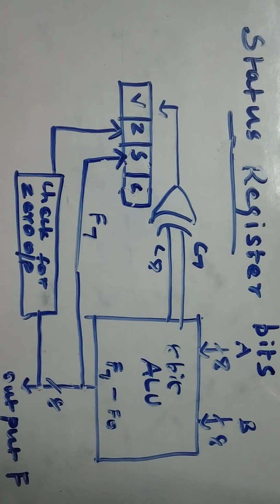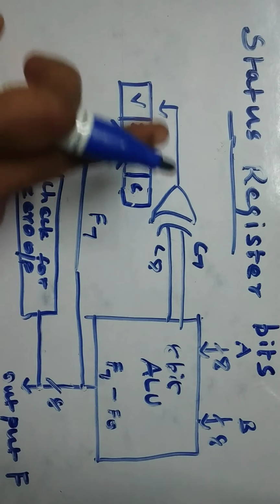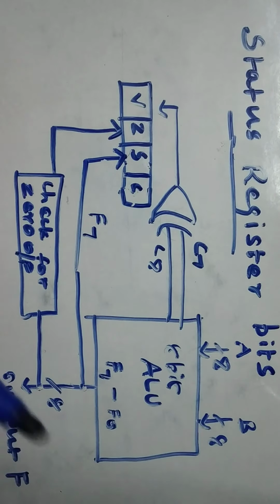If the result of the subtraction is 0, then we can say both the operands are equal. If it is a non-zero value, then we can say both the operands are not equal. This is how comparison can be done in the CPU with the help of the subtraction operation. But the result of the subtraction operation will not be stored at all. So how can we see the result? It is based upon these status register bits, which are used to hold the result of the subtraction.